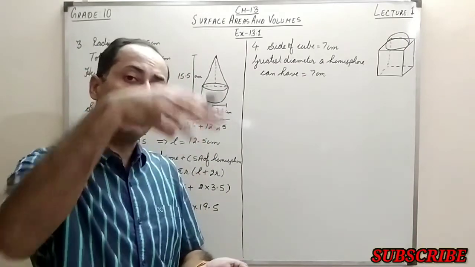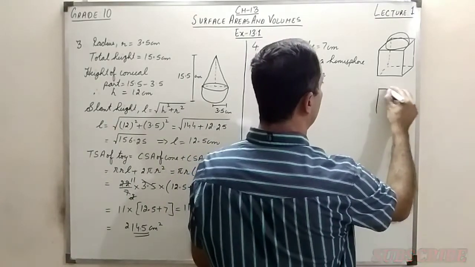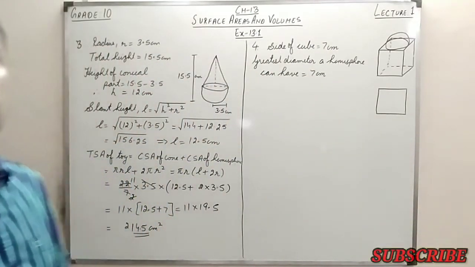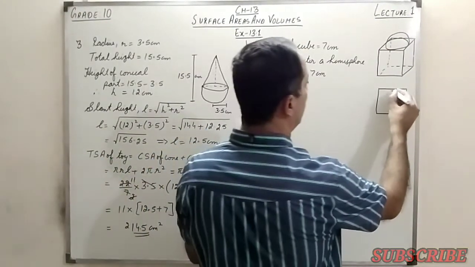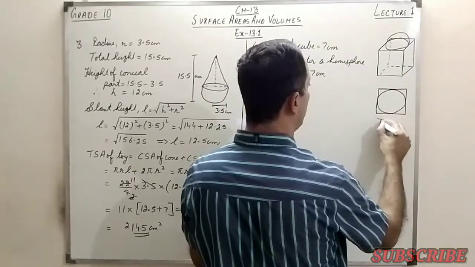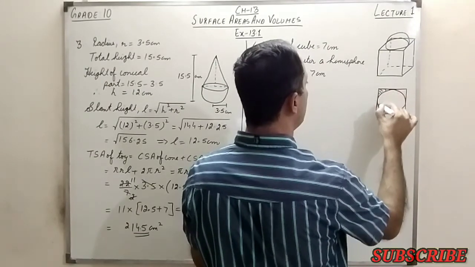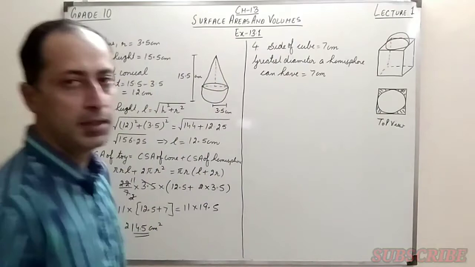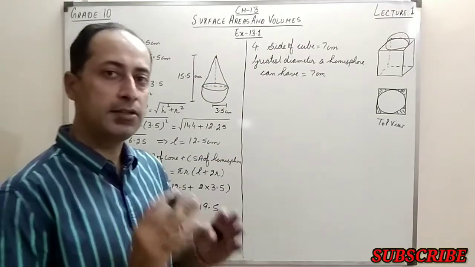But if we see it from the top view, it is something like this. The top view is basically the sphere on the top, and a semicircle, we draw a circle over it. This is the top view basically. And in this top view, only this portion is visible to us. Only this portion. Now the area of this portion is basically the area of the square minus the area of the circle.